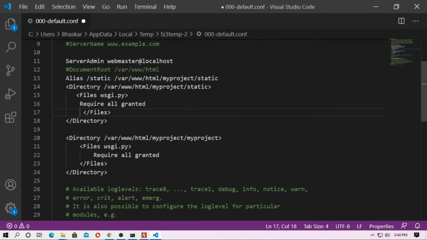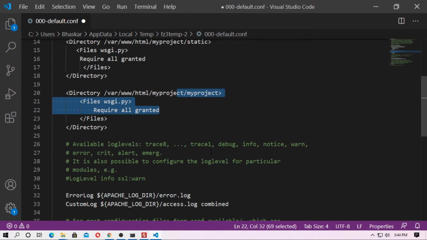Okay, so after editing the static file location and WSGI file location, now you have to enter the Python path location and the Python environment location.